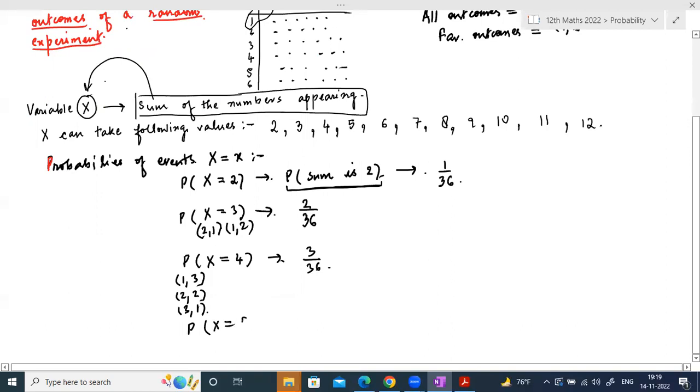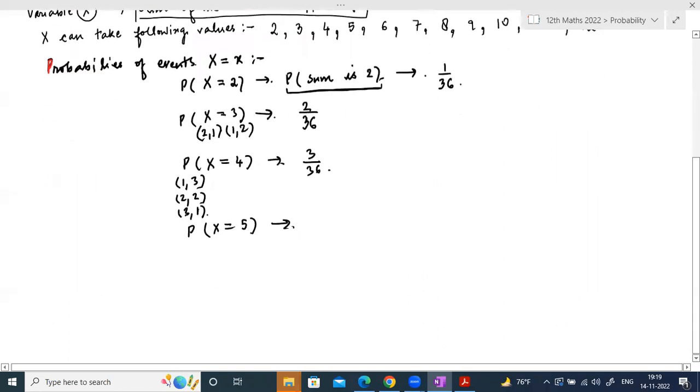X is equals to 5. पहले डाइस में 1 तो दूसरे डाइस में 4 आ जाए. पहले डाइस में 2 और दूसरे डाइस में 3, 3 2, 4 1. वेरी गुड. 4 by 36. एक एक बार एक एक नंबर बढ़ रहा है ना. अगला 5 by 36. कुछ टाइम के बाद This pattern will only continue till a certain point.